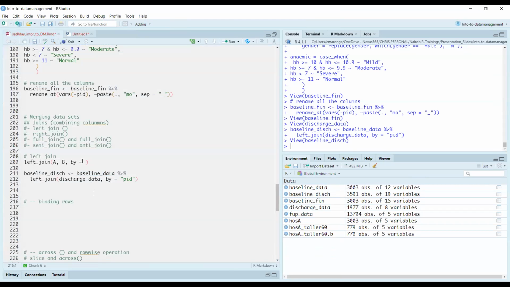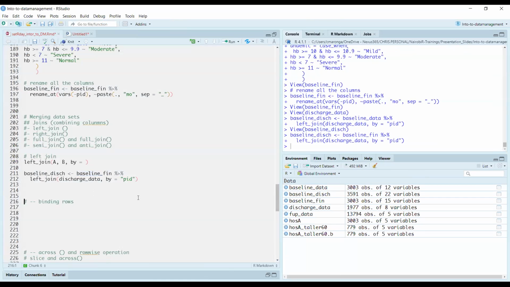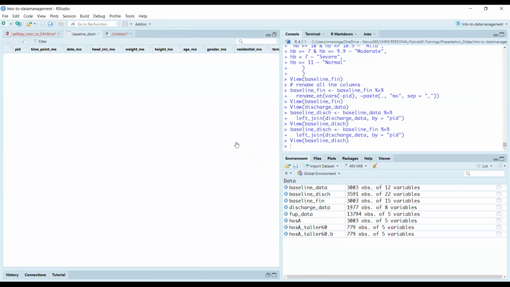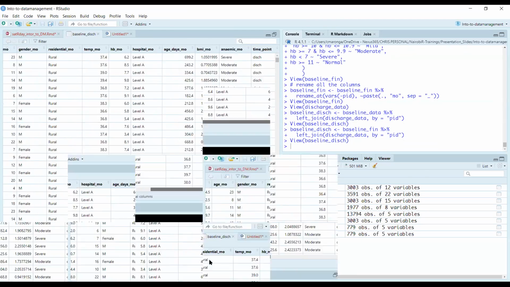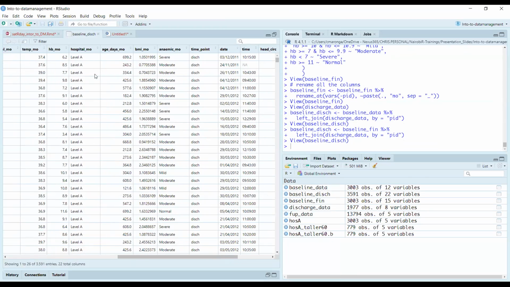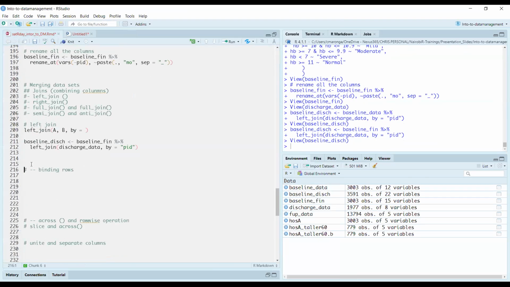I should have used the final data set, the one that I named. So now you see the significance of doing that. Now I have a more linear and better data set like that. Obviously with the left join you can do the same thing with the right join, and in the essence of time, I'll just direct you